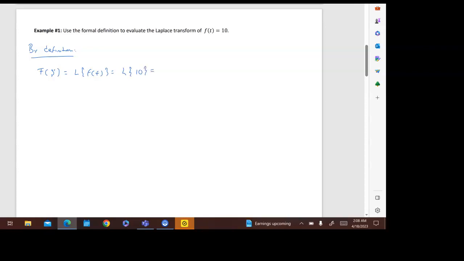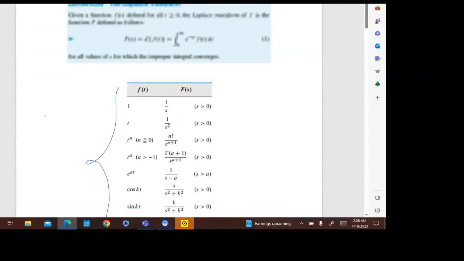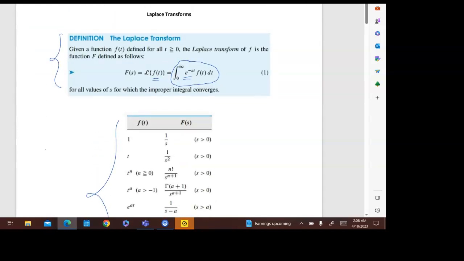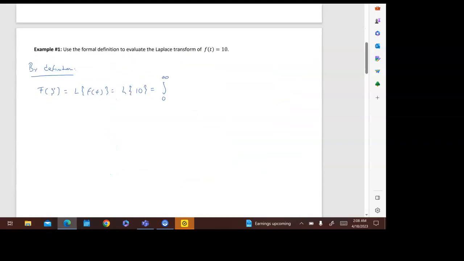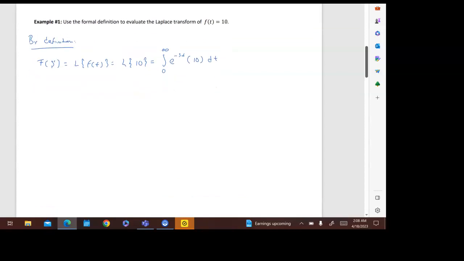And in this case, we're going to be evaluating the integral from 0 to infinity, and we're always evaluating the following integral. So we're going to be doing e to the negative st times the given function f of t. So in this case, we're going to be evaluating the actual integral of e to the negative st times the function 10, and then technically dt,